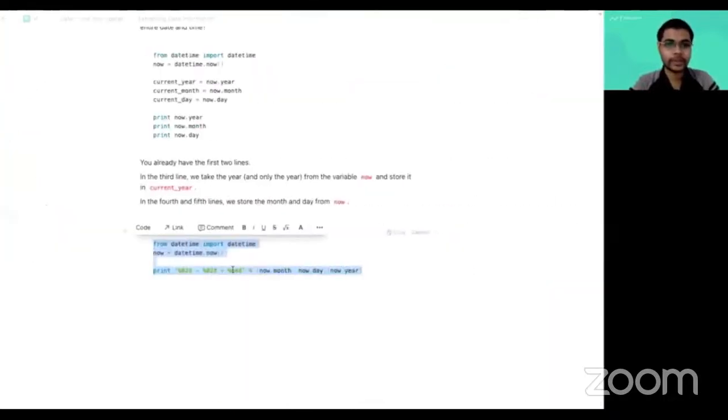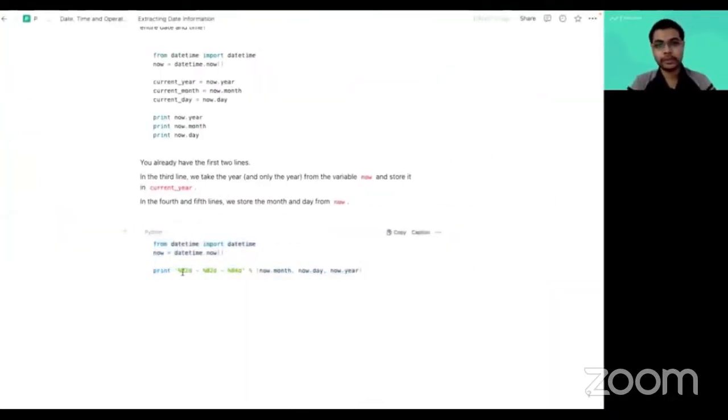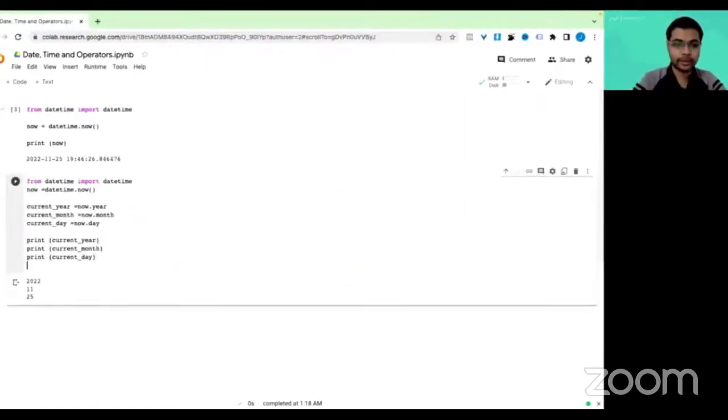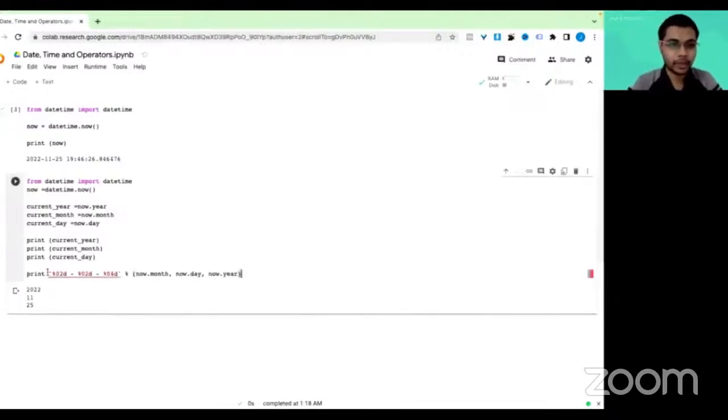So how do we do that? We do it using these formatting methods. We are going to format the string this way. Now let's try to understand what this particular statement does. Now d is the integer. After the percentage operator, whatever variable is there, the first variable gets replaced here, the second replaced here, and the third here. So now what this 02d means is the integer, whatever we are going to pick up, will be of